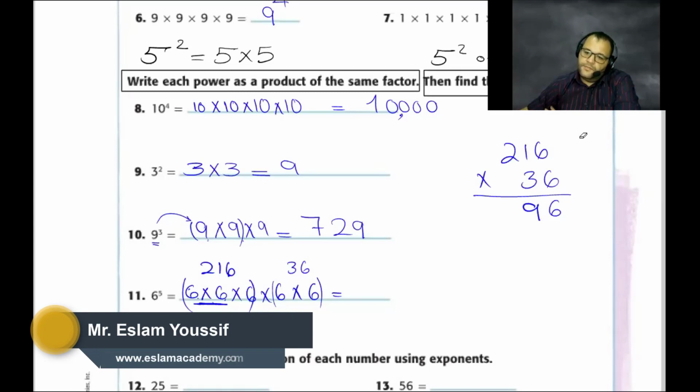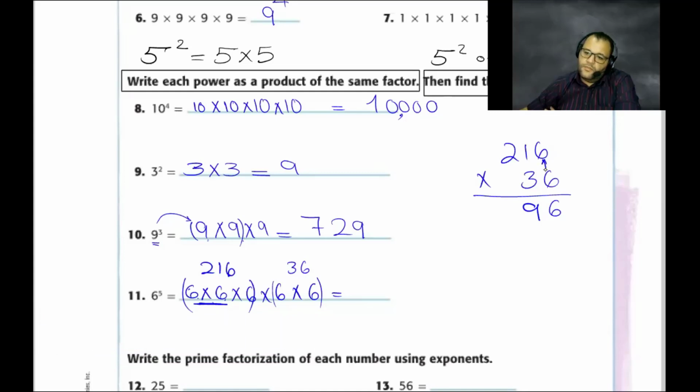Then? You're solving using a calculator. 6 multiplied by 2 equals 12. Okay. Then